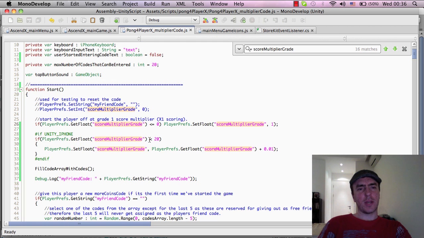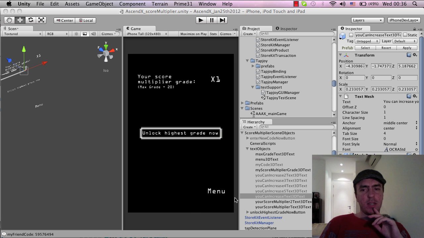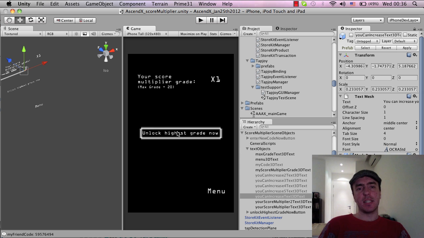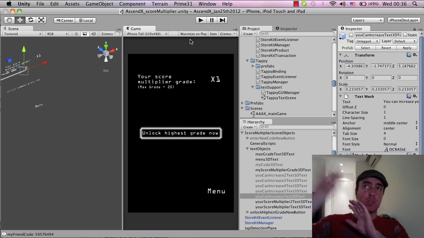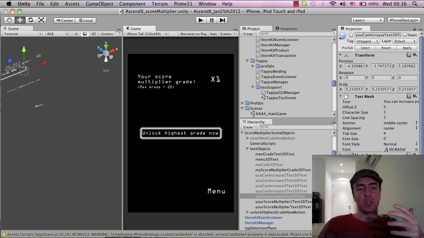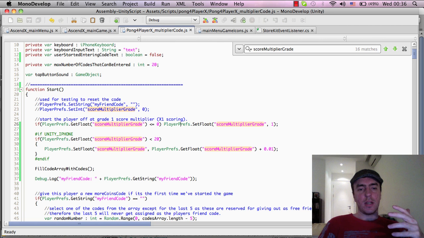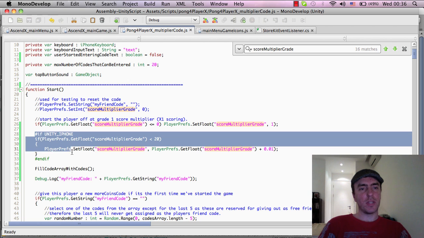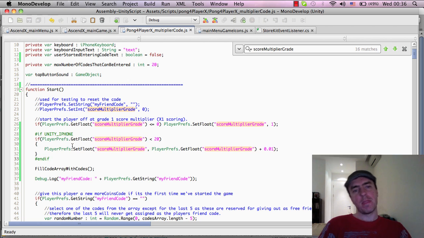So what we're doing here, this is the multiplier code JavaScript. It runs whenever we enter this scene here. This is the score multiplier scene that's shown to the player when you finish a game, and it says, hey, this is your score multiplier, and you can unlock the highest grade now. What I'm basically saying here at the beginning of the game, this is the one that I've just put in now, is